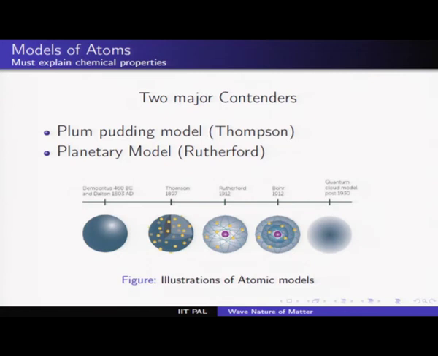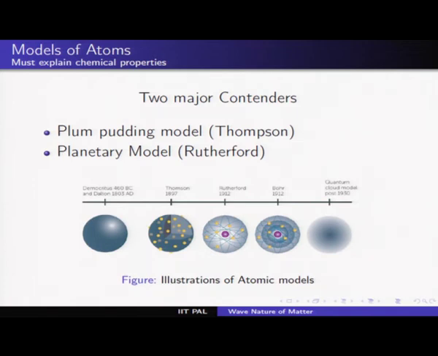One is the plum pudding model, which was proposed by Thomson, and another is the planetary model proposed by Rutherford. The first figure that you see is Democritus at 460 BC, Dalton in 1803 AD. And if you speak of Kanada, probably he was somewhere in the 1st century AD or whatever, we don't know what the time is, I don't remember that. They thought of atoms as impenetrable hard spheres. So that is what you have. Of course I am confusing the two words, but it doesn't harm us because that cartoon is there.